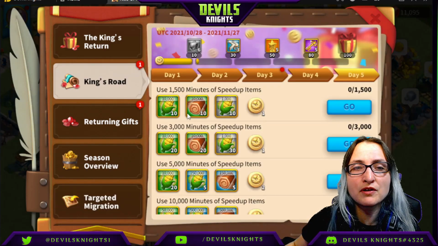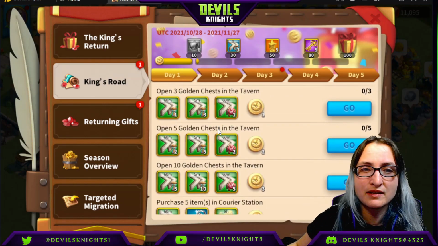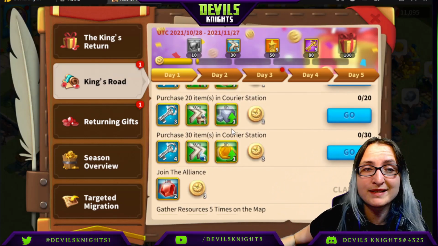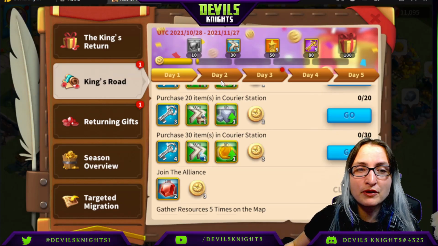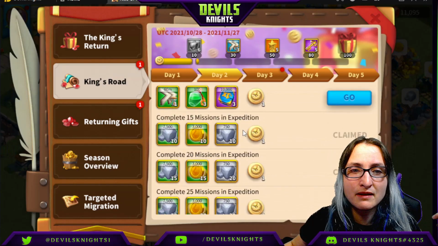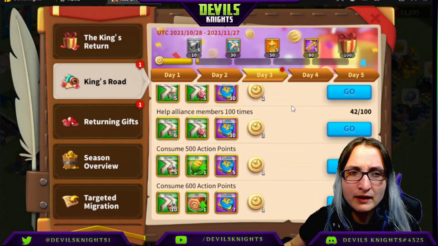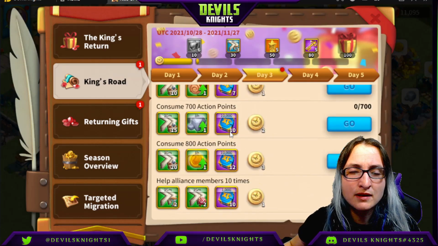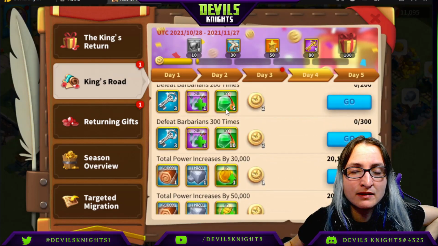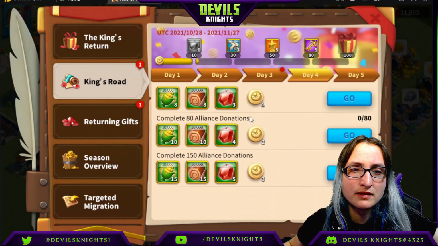Now, let's go over the King's Road real quick and just go over what rewards you're going to get. So here, day one is gather resources. Now remember, this is over a 30-day period. As you can see, this event ends from this account on November 27th. So you have 30 days to complete all of these things. So purchasing stuff, join an alliance. They've got gather resources on the map, claim alliance gifts, do expedition mode, help alliance members, train troops, and help alliance members again, consume action points, which is just AP, help more alliance members, defeat barbarians, which is not that bad of an idea if you're helping your account, increase your power, let's see, more alliance donations, and day 5